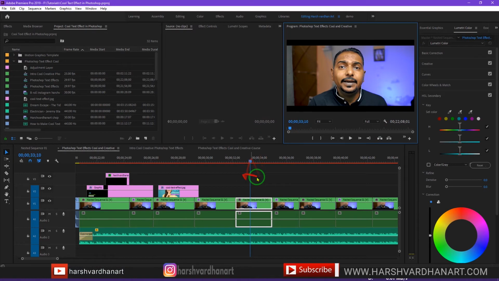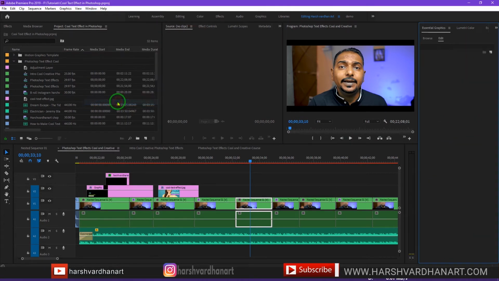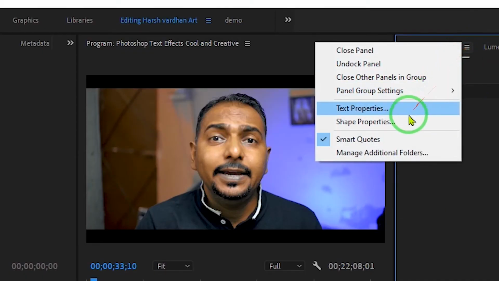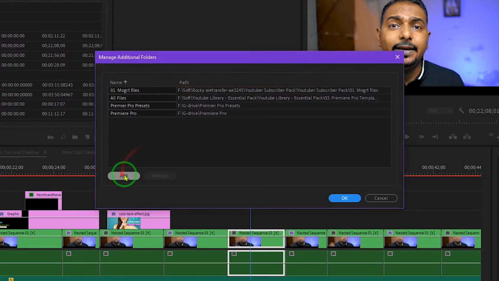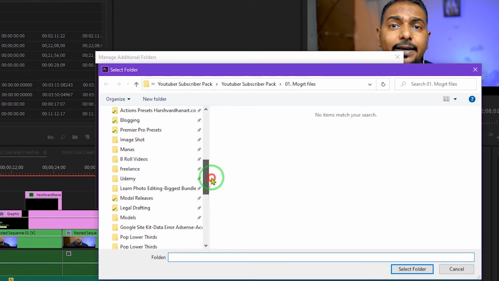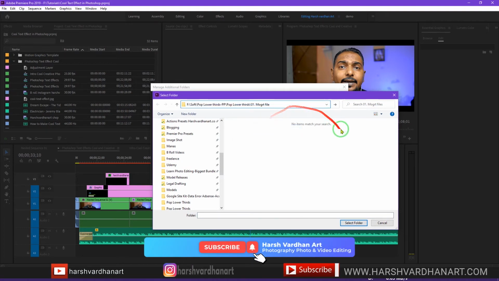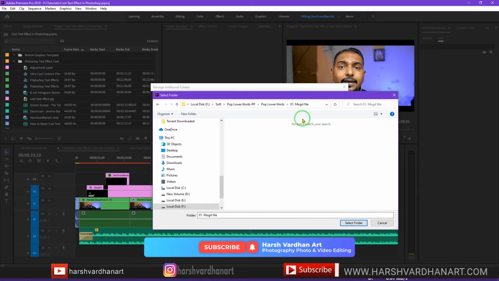Suppose we want to place these pop lower thirds over here, so you need to go to Window and select Essential Graphics, and the Essential Graphics panel on this side would be open, and thereafter you need to click on this hamburger menu and select Manage Additional Folders, and over here you need to click on Add and browse the folder wherever you have placed this. I have copied that location. I'm just going to paste it over here and press enter, and that folder would be open,